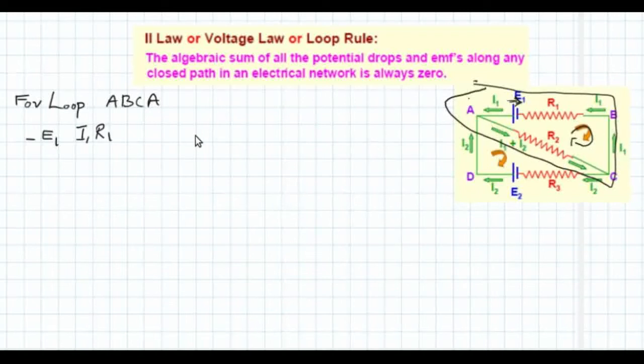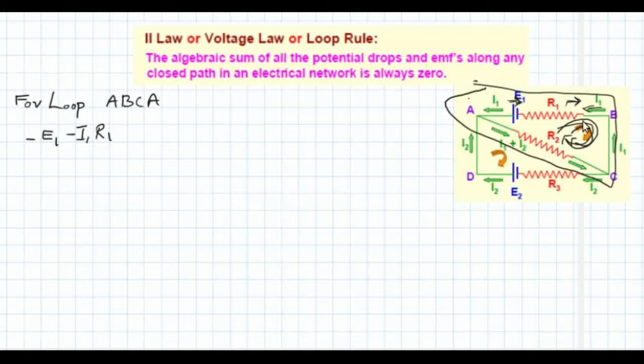So that means, now this EMF, the source of EMF, plus, because it is a sum, the source of EMF plus the potential drop across R1, which is I1 R1. So I1 R1 is the potential drop across R1. And what is the sign? As I told you, clockwise direction should be taken as positive, but the current is opposite to the clockwise direction, so it is negative. So minus E1 minus I1 R1.